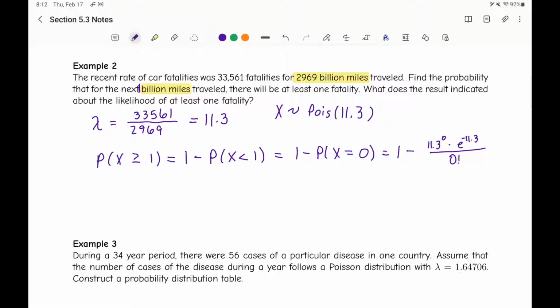Now, this one's going to be a little bit difficult to type in because a lot of people type 0 factorial in incorrectly. So I'm actually going to simplify this before typing it in. First of all, I'm hoping you remember that anything to the 0 power is 1. So that's 1. And then a new rule, which you may not have known before today, is that 0 factorial is 1 by definition. So then this becomes 1 minus e to the negative 11.3, which is